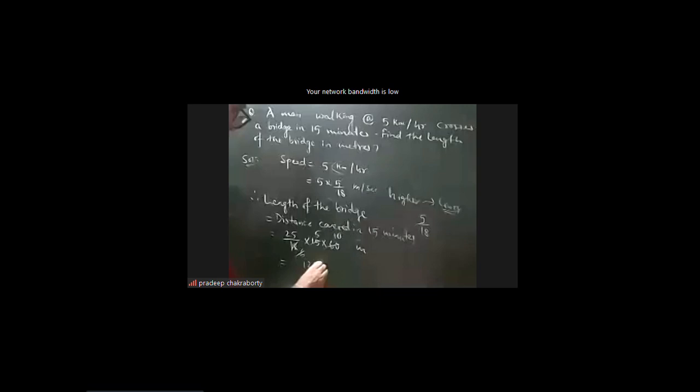So this is a very important trick to remember this part. Kilometer per hour is a higher unit than meter per second. So higher to lower unit means you write numerator as 5 and denominator as 18. So 5 upon 18, then this is converted to meter per second. So in 1 second, this much distance it covers. In 15 minutes, you convert it into seconds: 15 into 60, as 1 minute is 60 seconds. So the length of the bridge is distance covered in 15 minutes. Let's stop here today.